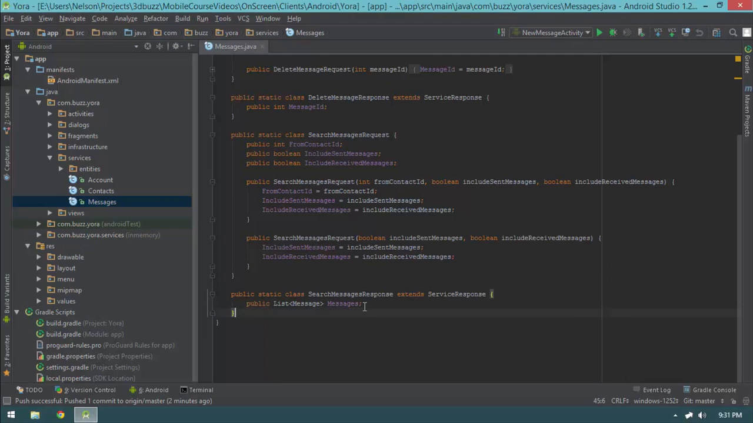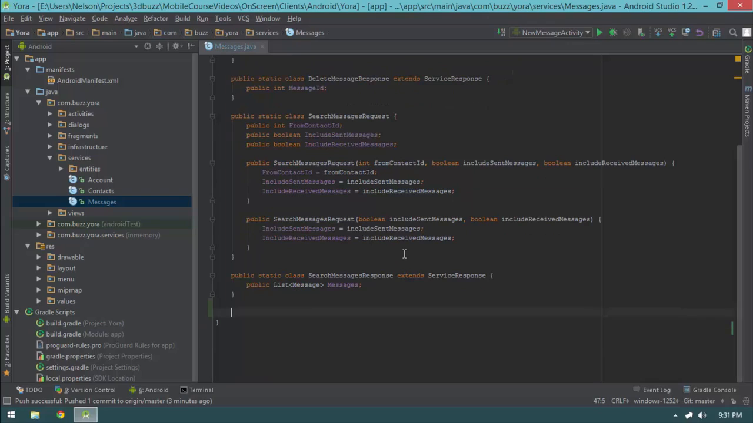So what does a message need? Well, it needs a recipient. It needs a path on your local storage to the image that you took so it can be uploaded, and it also needs your message. So let's go ahead and start that off. I'm going to come down here to the bottom, and I'm going to write a public static class